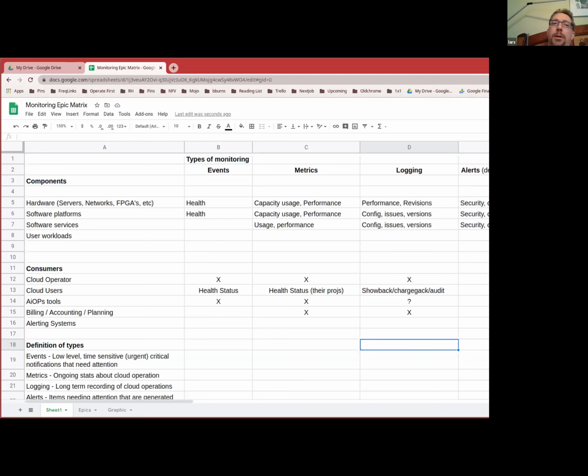Sure, but alerts are a very different thing, right? Alerts mean something that comes to you as a person. It interrupts you. It does something to make you take notice. And those could be tied to events. They could be tied to monitoring data also. Mm-hmm. Can I share for a sec, Bill? Do you mind? No, go for it.